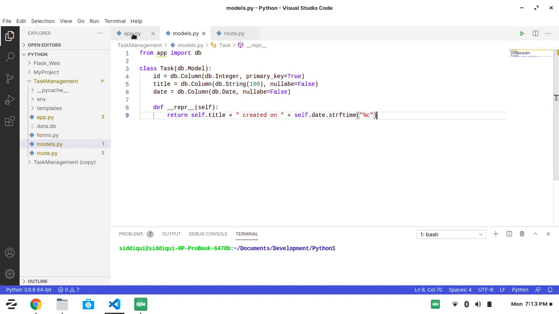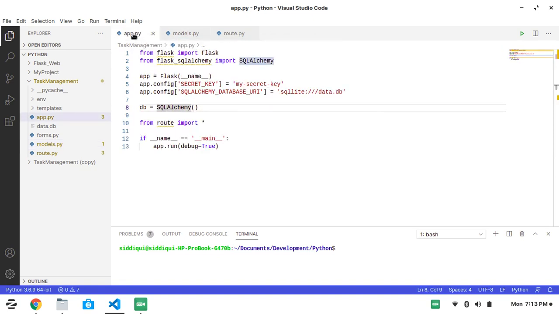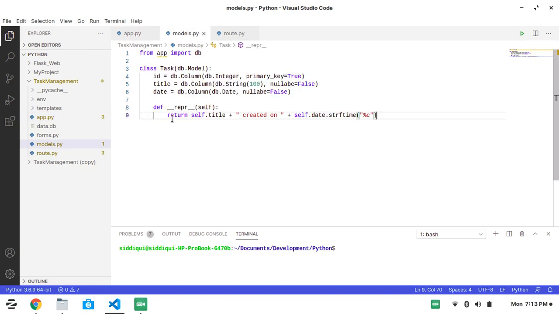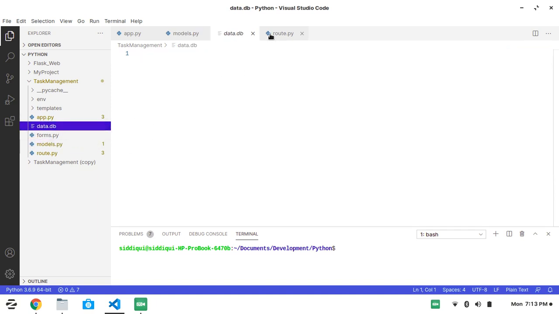Okay, one thing is missing, I think. Yeah, here we need to provide the app. So we have configured this, and also we have created the model and written the string representation. We just created three fields here, but we haven't created the table in our DB. So now I'm going to run a few commands, and through those commands we will create the table from our model in our database and insert some records there.